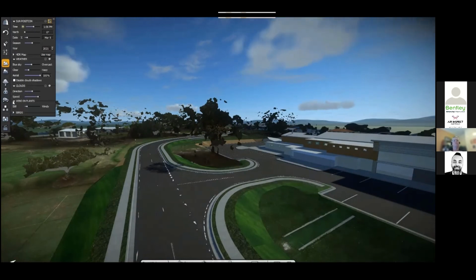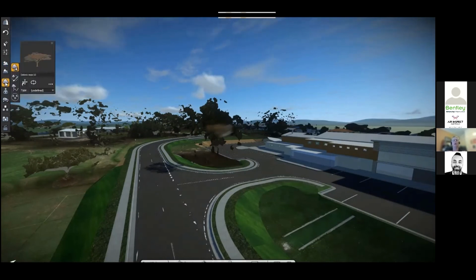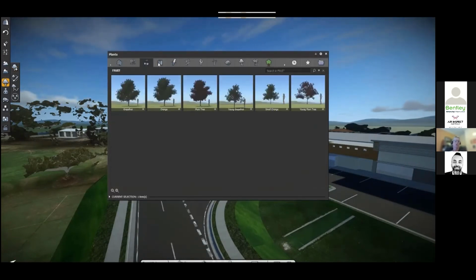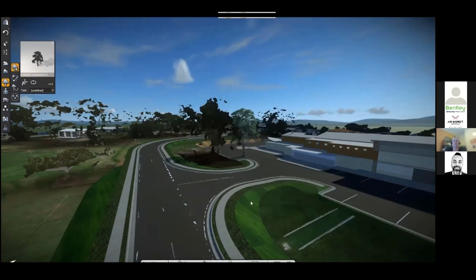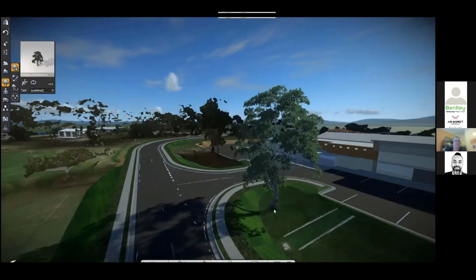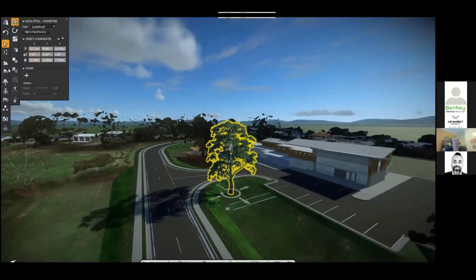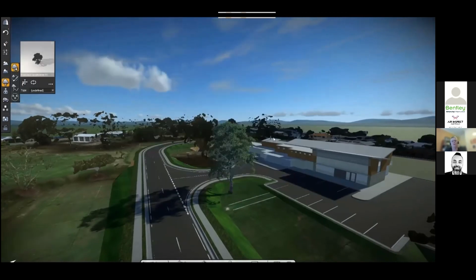So if I make that windy, and talking about vegetation, I can come in and enliven this model with extra data. For instance, the landscape architect may suggest that we place in some vegetation around the clubhouse. Not that you would place in that mature tree, I wouldn't have thought, but what we're highlighting is that there is a library of vegetation that we can bring across and into